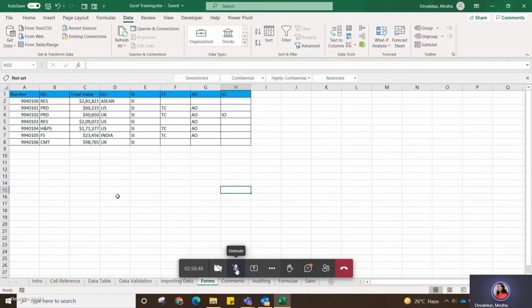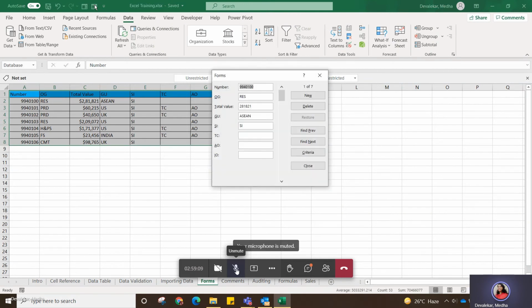You already have your database which you made in your previous assignment, that is your college database. Don't do anything, just select the whole data table. Select the table and click on this form button.